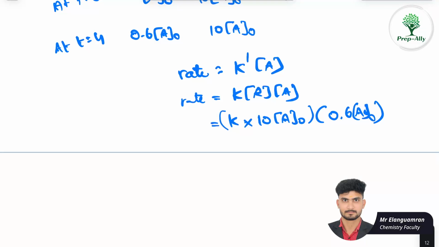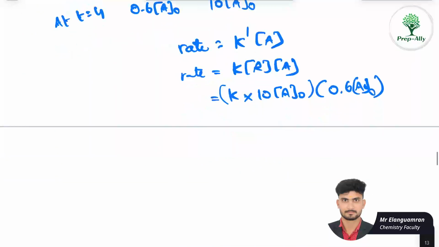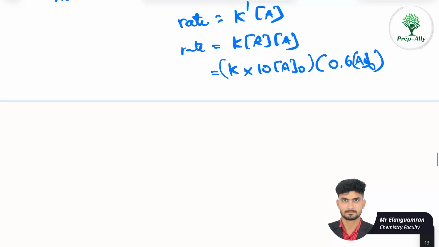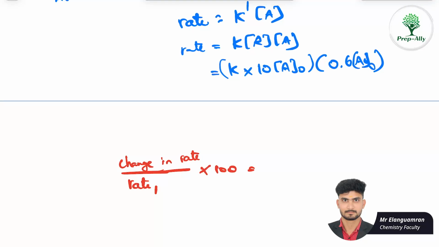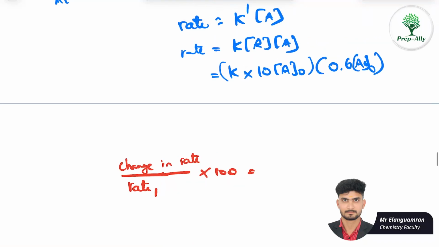Now what about the error that we have made? Initially we considered a second order reaction, but now it has become a pseudo first order reaction. So let's see. The rate that we considered initially for the second order reaction, and the change in rate, now it has become something. Some changes that we have made, some error that we have calculated, into 100 will give you the relative error, right? So the change in rate is going to be,